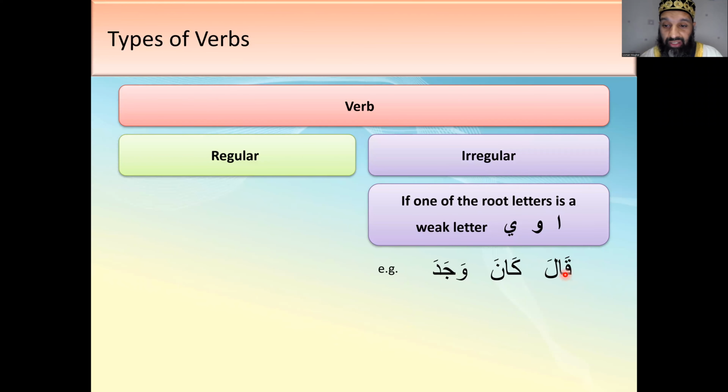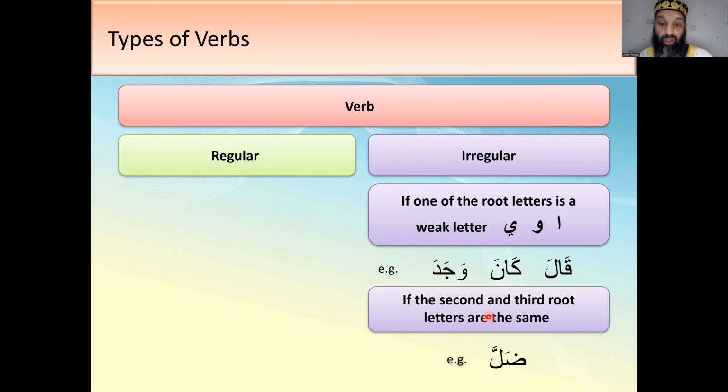But really, qala is qaf waw lam, and kana is kaf waw noon. Anyway, don't worry about that. You see an alif there, and an alif there, and you see a waw there. So a word that has either an alif or a waw or a ya in its root letters is weak,